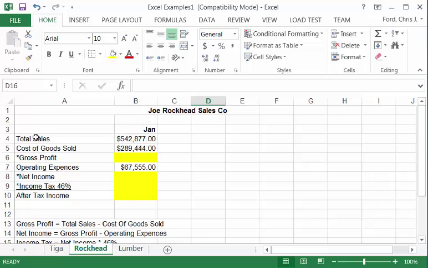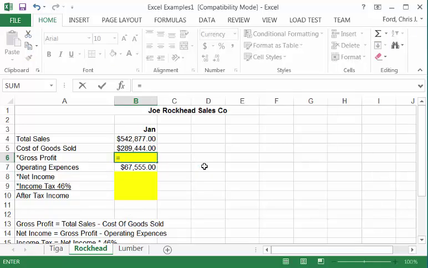So I have here total sales. I've got cost of goods sold. I want to figure out gross profit. Now if you weren't sure what gross profit was, it tells you down here. It's total sales minus cost of goods sold. Whenever you want to do a formula like this, you look at, well, where's total sales? All right, that's in cell B4. Where's cost of goods sold? It's in cell B5. So if I go to this cell, I type equal sign